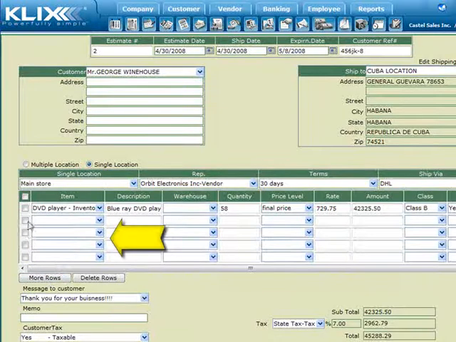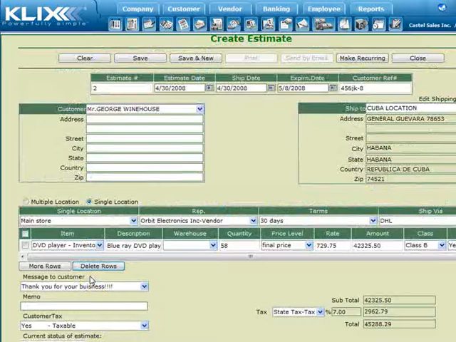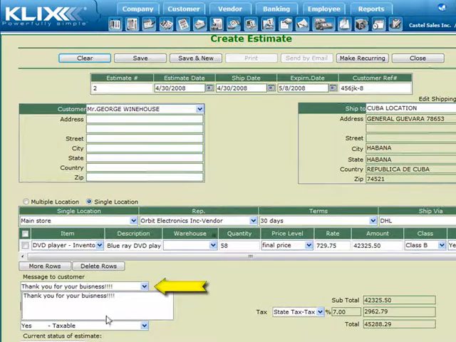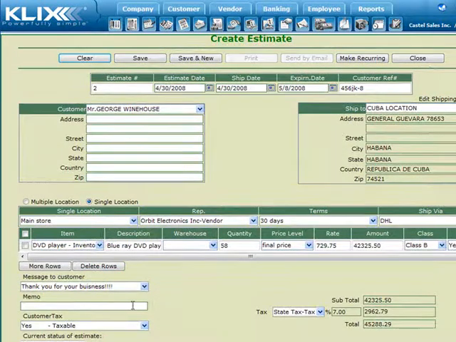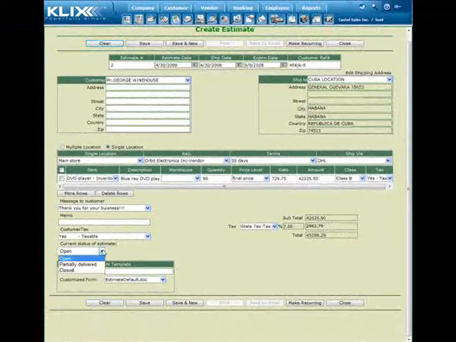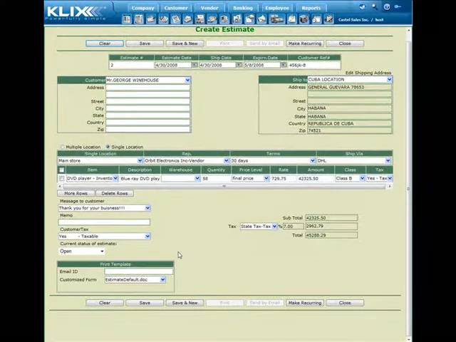To remove a row, just click on the row you want to remove and enter Eliminate Row, and it will be instantly eliminated from your estimate. If you so desire, you can add a message onto your estimate for all your customers in general, or you can add a memo or note for a specific customer or customers. An estimate in your system can be left open or closed, although an open estimate can remain in your system indefinitely. You can use an estimate repetitively as a sales order or an invoice.